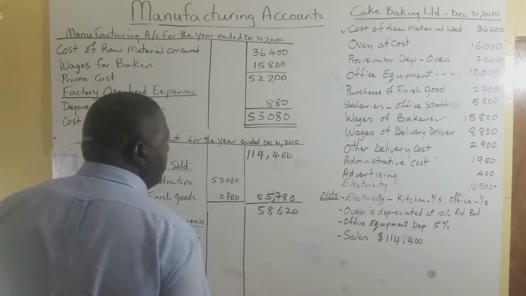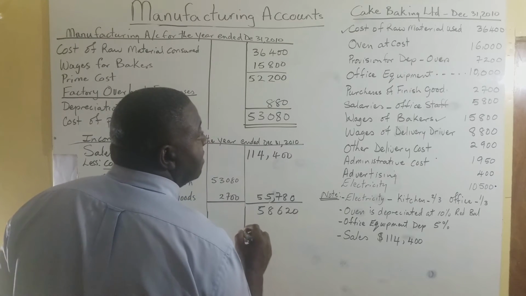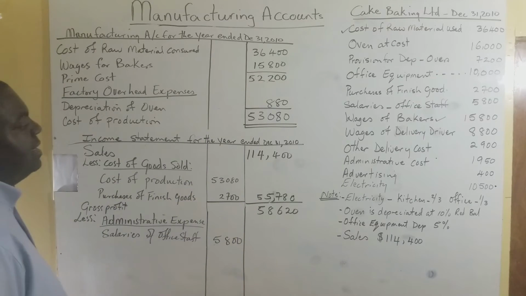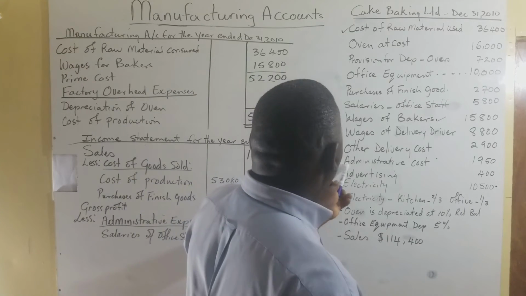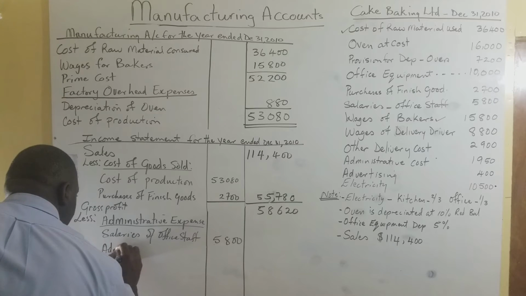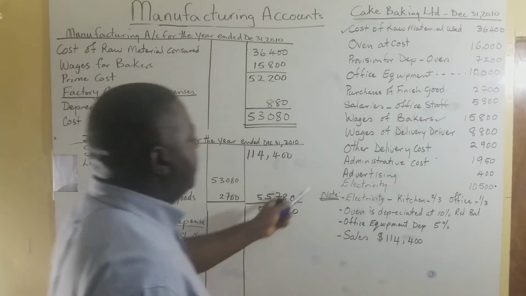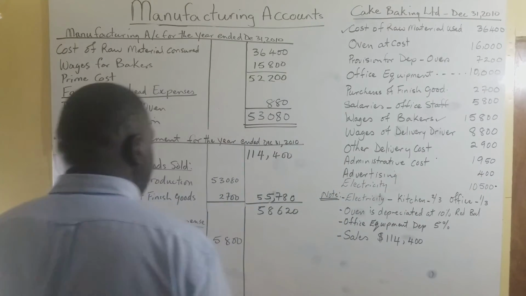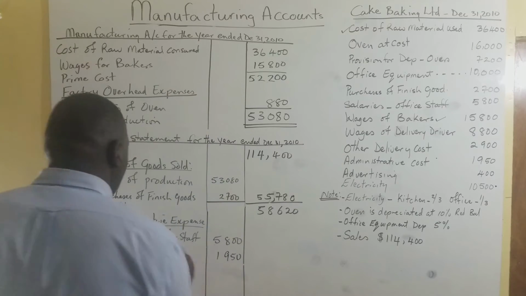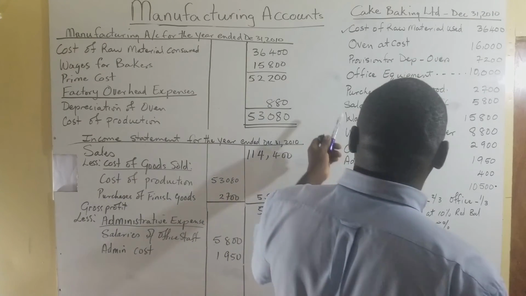And that now would be a total of 5,800. Yes, 5,800. All right. We also have administrative costs. So admin costs. And the administrative cost here is 1,950. All right. Those would have been